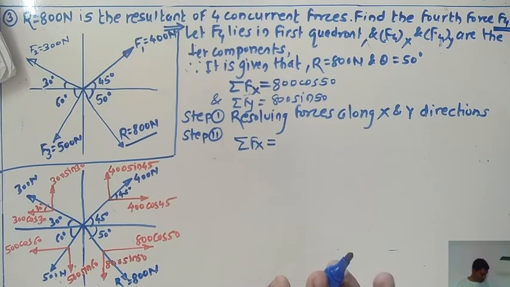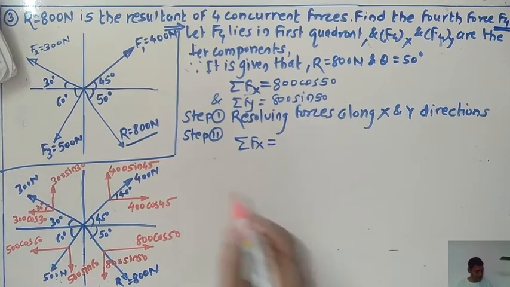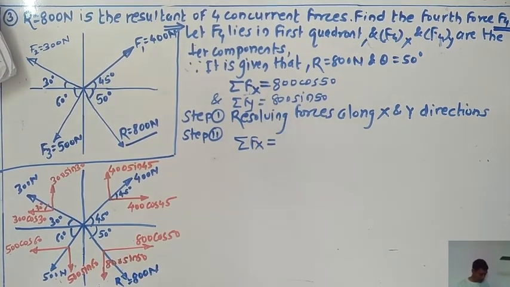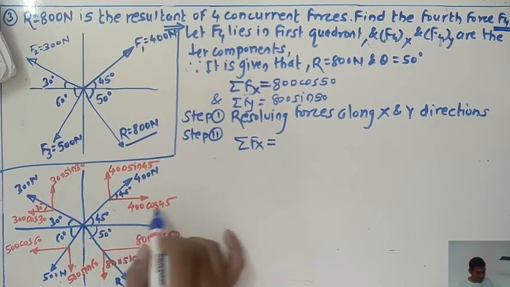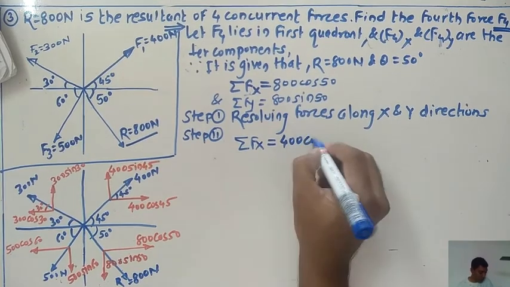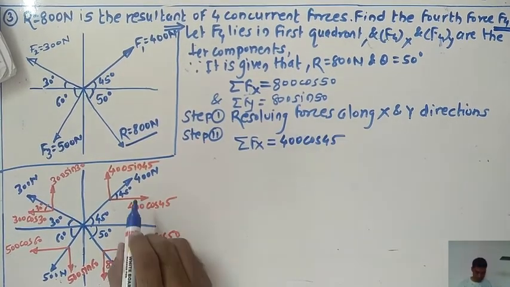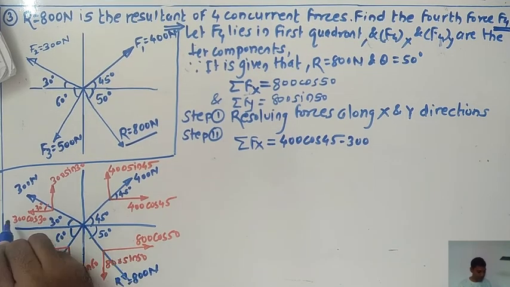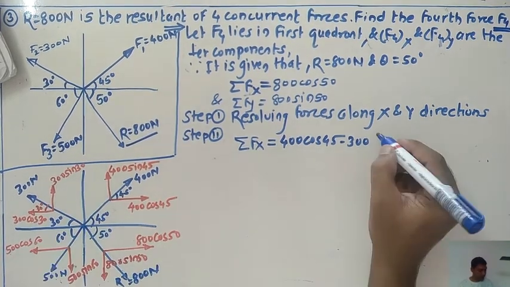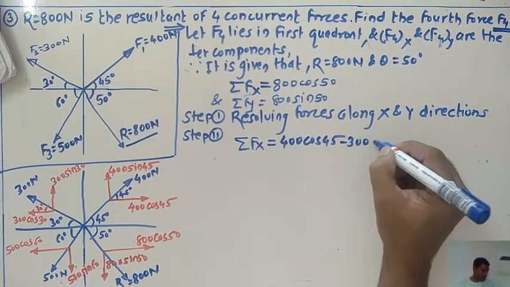Now, if you look at this problem, it is something different from the previous two problems. So summation of Fx equals to, just focus on the horizontal forces one by one, carefully. The first force is here. Just pick up one force at a time in sequence. This force has magnitude 400 cos 45. The next force has magnitude 300 Newton, sorry, 300 cos 30, running in the opposite direction, towards the negative direction. So you need to consider the minus sign for it: 300 cos 30.